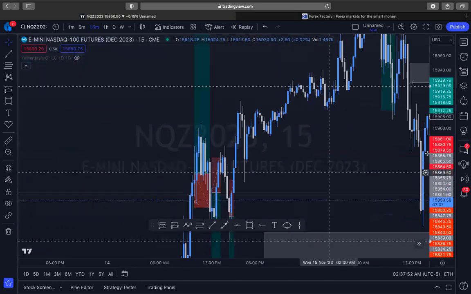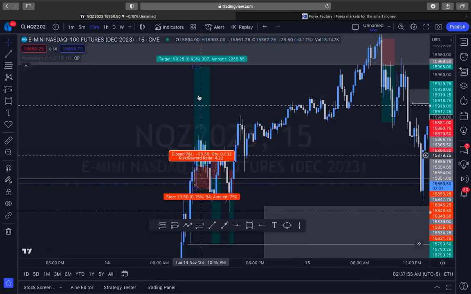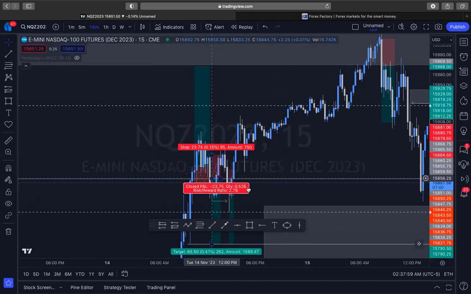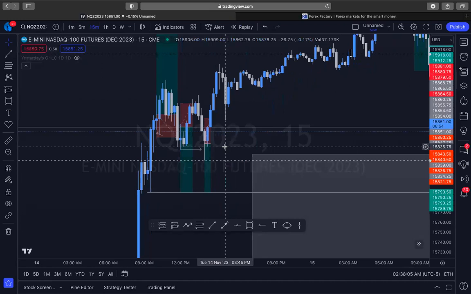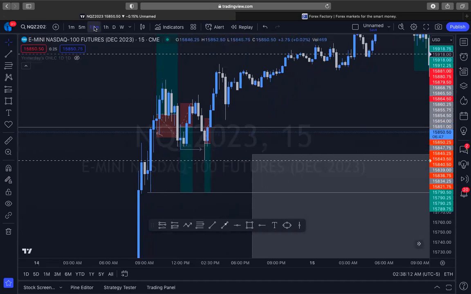This is where we were targeting on Tuesday. You can see the volume imbalance that I was targeting went against me. And sometimes you can look at the 15-minute time frame and watch price play out how it was originally supposed to play out, and you can see price action a little bit cleaner. And that's why I use the 15-minute time frame. Sometimes it works out as a sweet spot for me, and I can see things a little bit clearer.